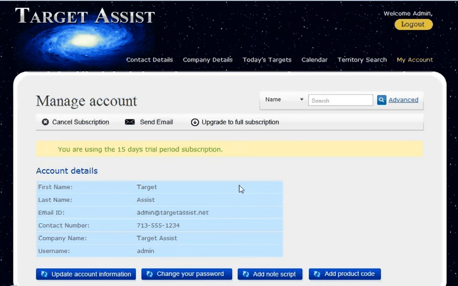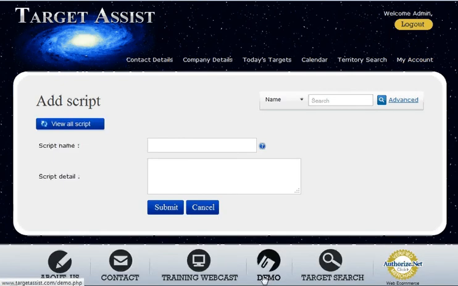Your general information is shown here in the middle. Now, there are 3 other areas in the My Account section that are very important in regards to other areas of Target Assist, as seen in the Notes tutorial, where we had a script drop-down that is actually populated here. Once you click on the Add a Note script, it'll give you a chance to put your title in, and whatever that note may be,